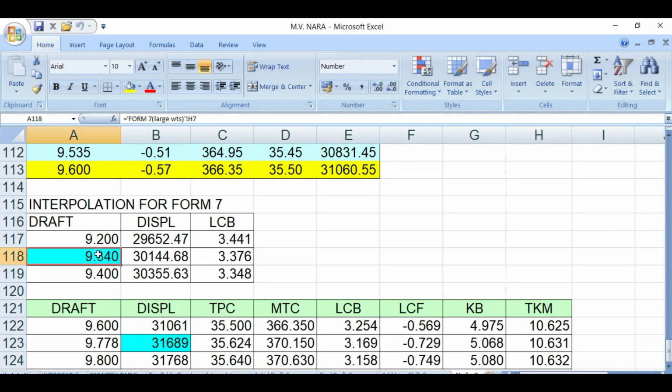You put here 10 meters, and you will have the displacement of 32478. So we check the hydrostatic, 10 meters, 32480.